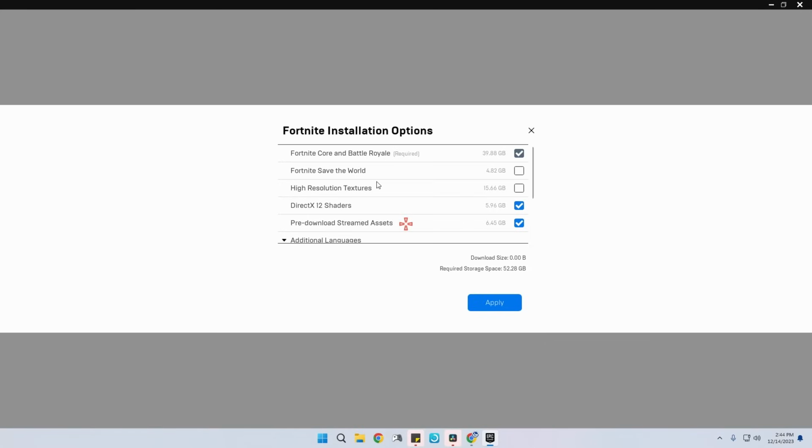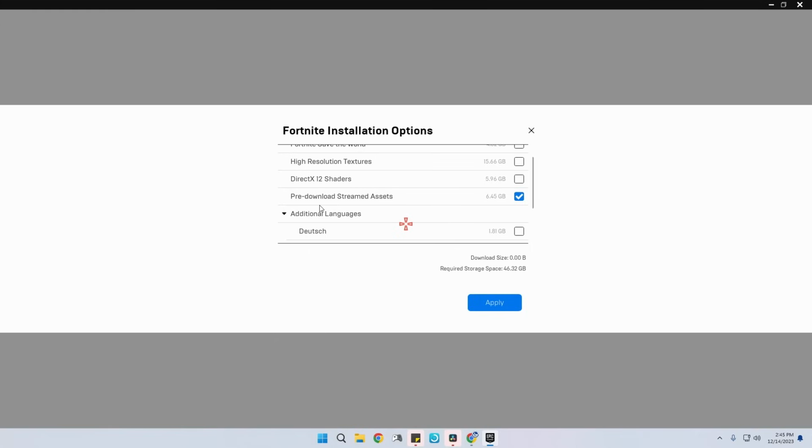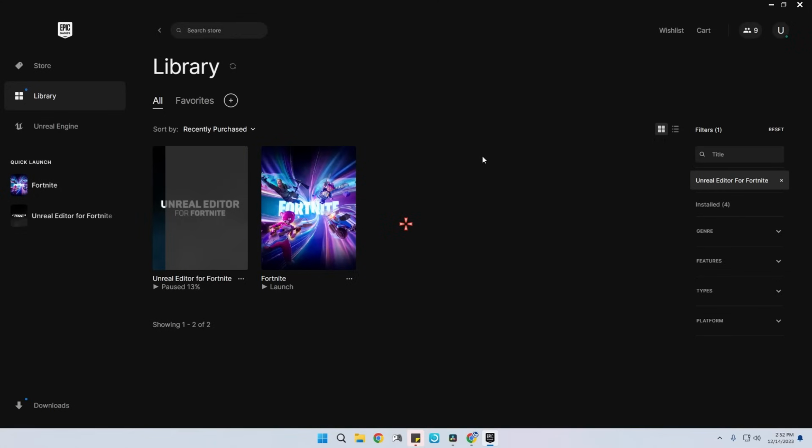So if you don't play Save the World, you can uncheck this. Make sure to uncheck high resolution textures and then uncheck DX12 shaders if you don't play on DX12. And then also you want to check, you actually want the pre-download stream assets checked, because this will lower your FPS if you have this unchecked. Then after you've done that, you want to write